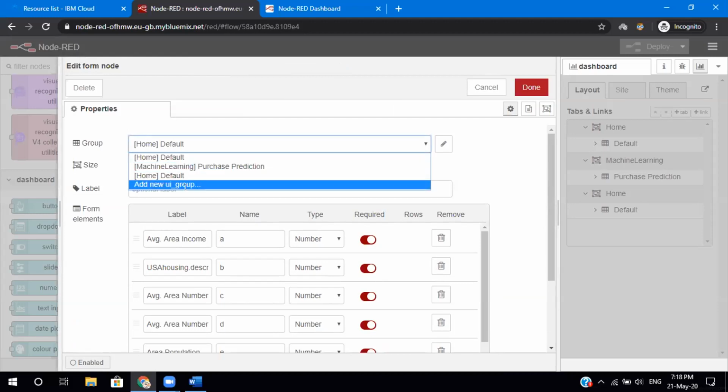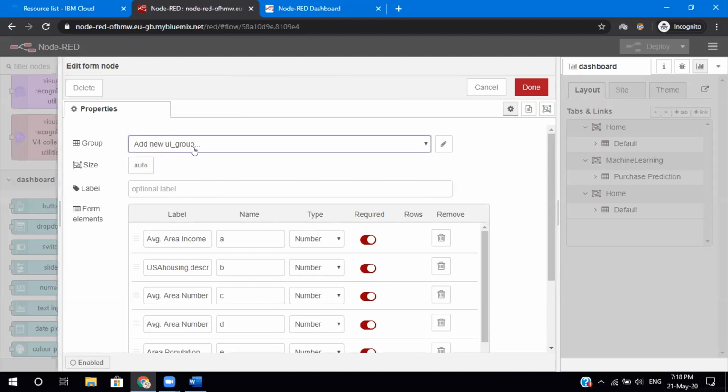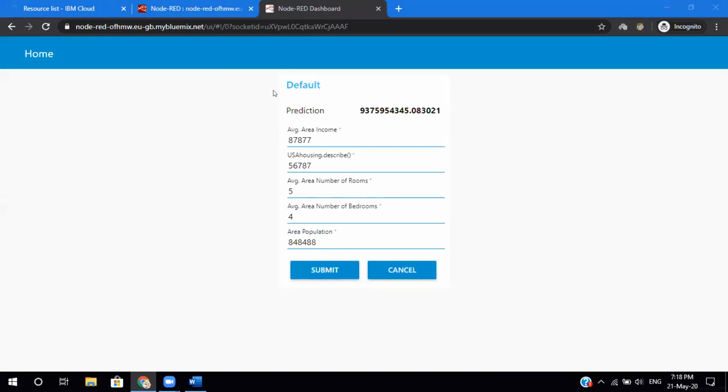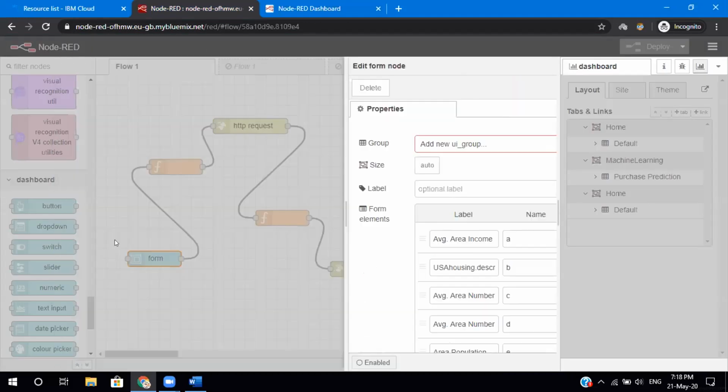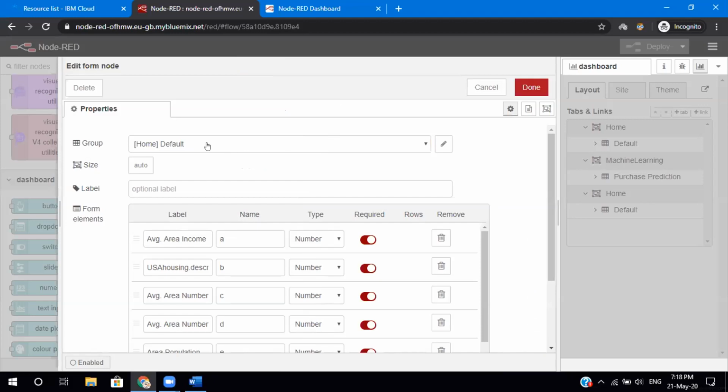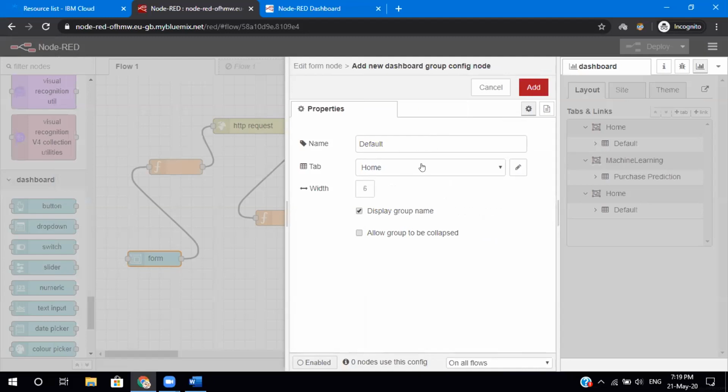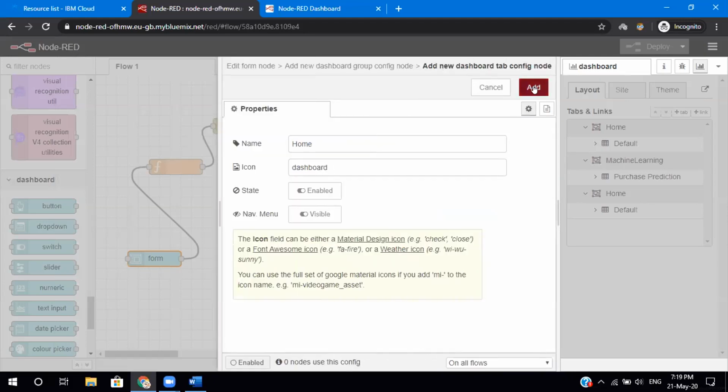You will not see home default and all. You will be seeing add new UI group. Actually I forgot to mention this to the AI people. So if someone posts this question in their Slack and they are unable to access it, and if someone says that they cannot see anything in the UI, just guide them. All right. So you'll double click on this and you'll see this. Okay, add new UI group. You will edit this, and here also you will see add new UI tab. You will edit this again, and that's it, add.